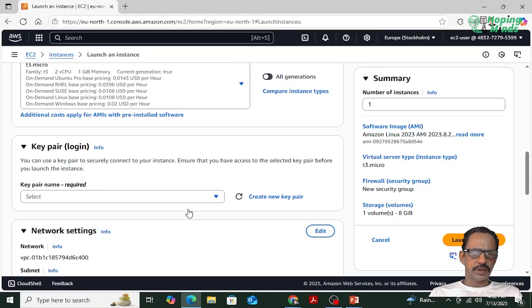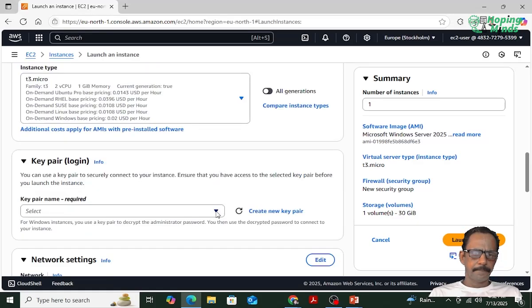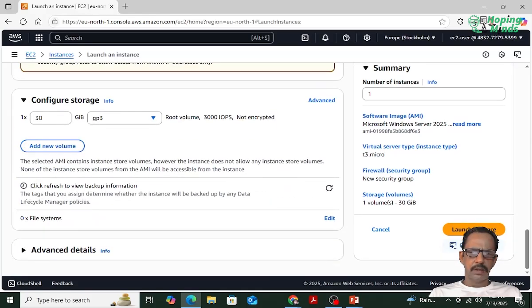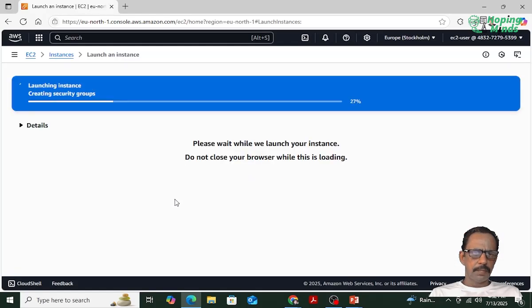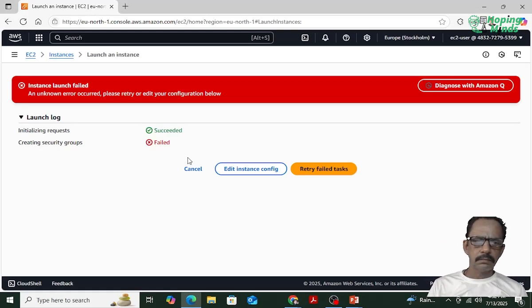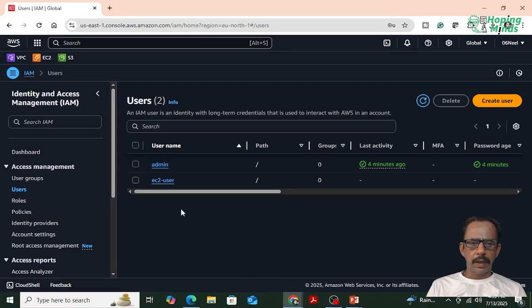So don't waste much time here. Select any key pair. Yes, you have a key. Okay, and just launch. Immediately you get the permission error. Got it? So what we do, go again to the admin, go to EC2